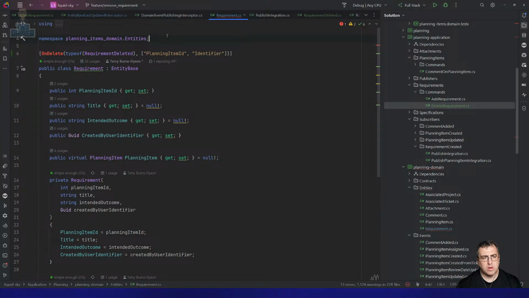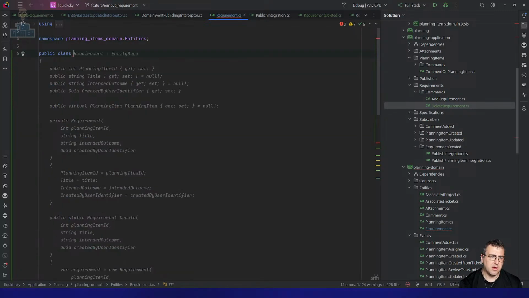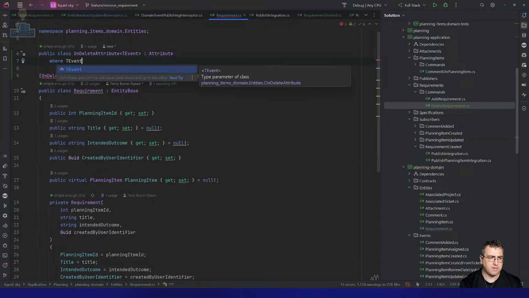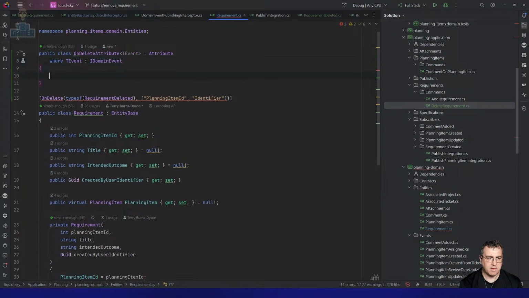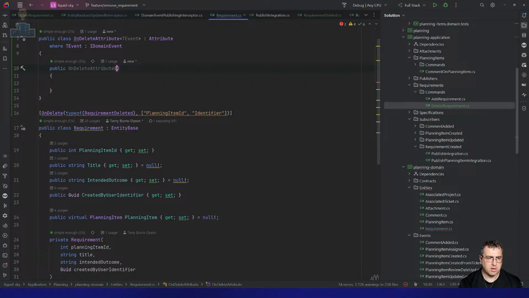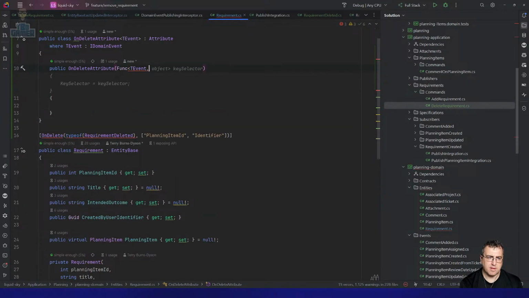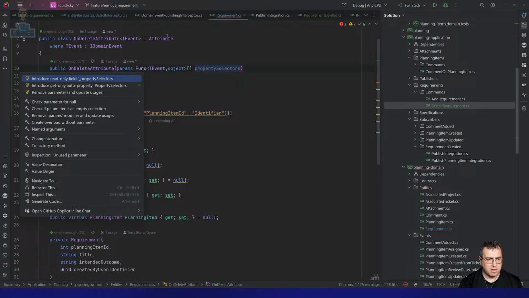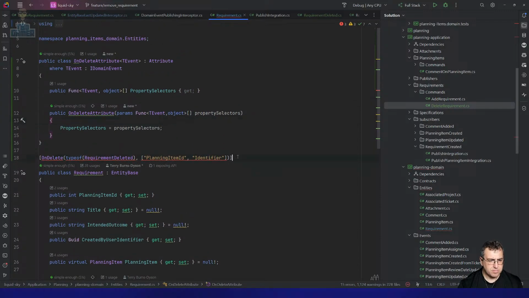Ooh. So this would look like public class OnDeleteAttribute<TEvent> : Attribute, where TEvent is an IDomainEvent, and it would take a constructor, be an array of Func<TEvent, object> property selectors. And that would look like